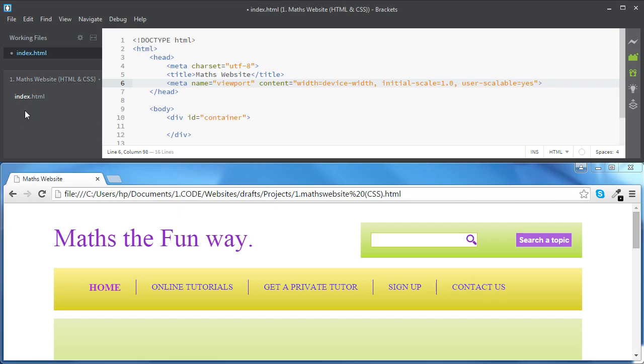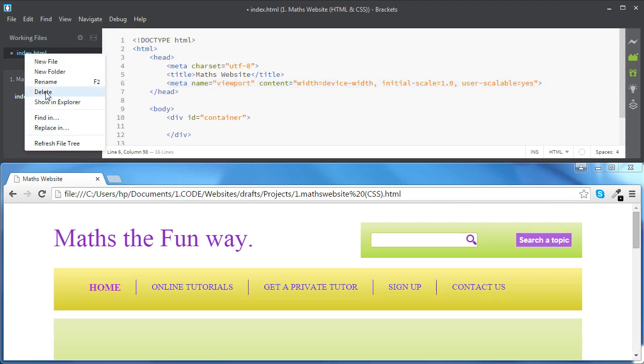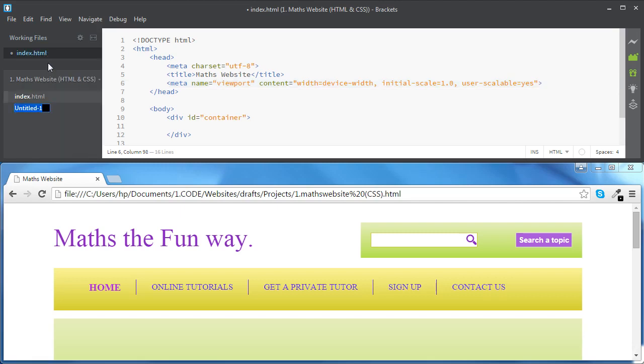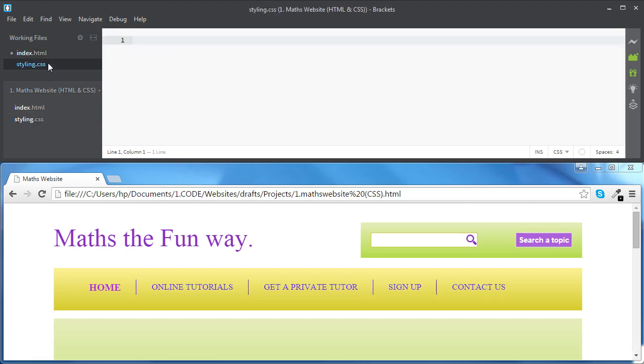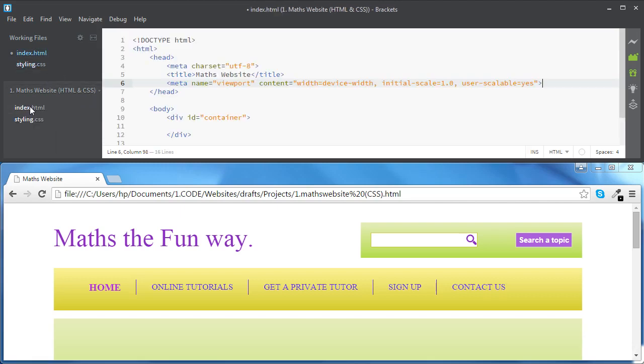I'm going to create a CSS file, and then inside the CSS file, we are going to place all our styling. So let's go for this way of doing. I'm going to create a new file and call it styling.css. And now we need to link our index.html page to this CSS file using a link element inside